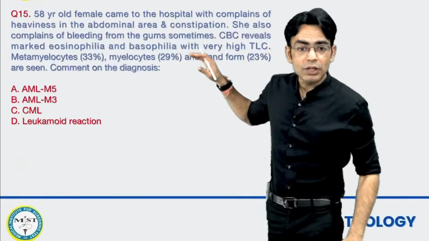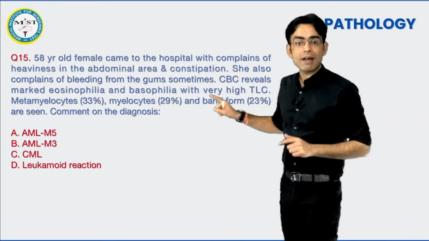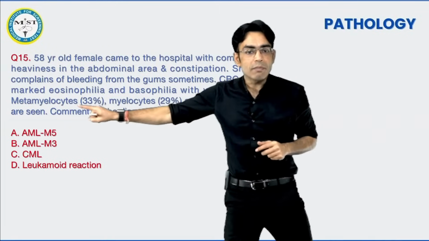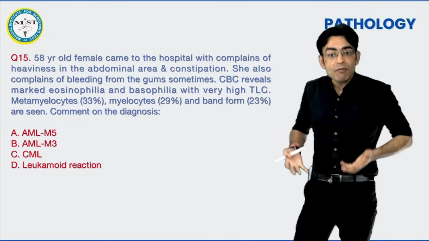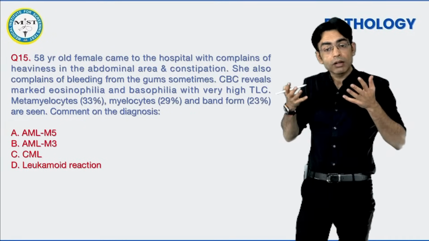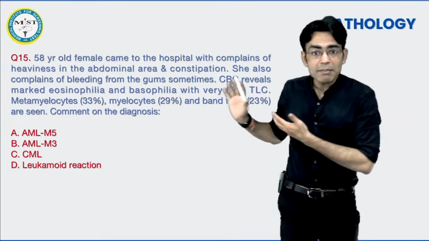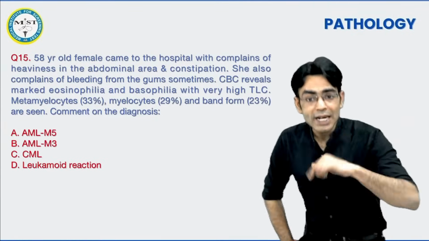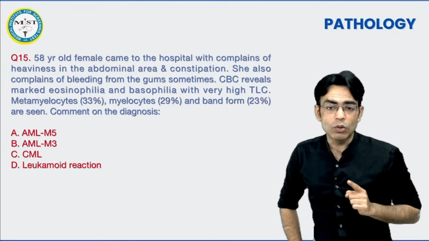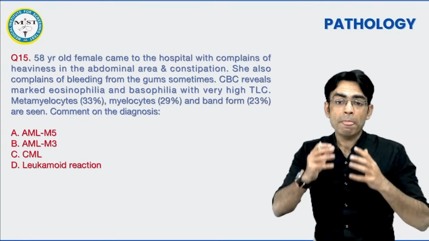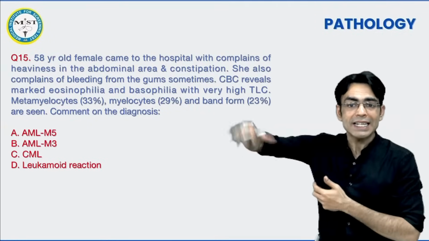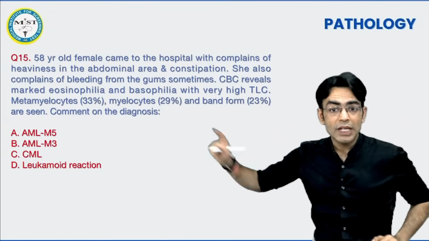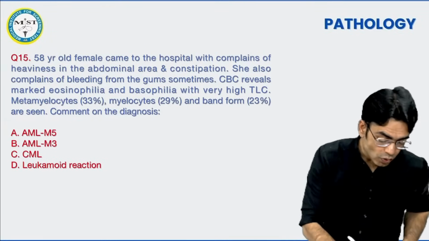तो अब आप इस क्वेश्चन को देखो. आपने क्या पकड़ा? More than 20%. बेटा more than 20% नहीं. You see metamyelocyte, myelocyte, band form, everything is increasing in number. Too much of cells. So is there any maturation arrest which has happened? No. If there is only one kind of cell which is seen more, then I call it acute. But when the whole lineage is getting more and more and more, no arrest of maturation, that means it is chronic. तो ये क्या है इसका आंसर? It is chronic myeloid leukemia.